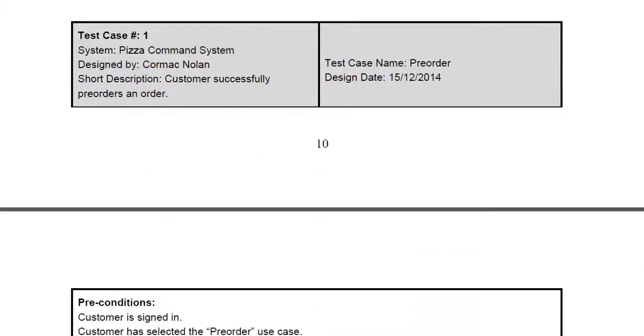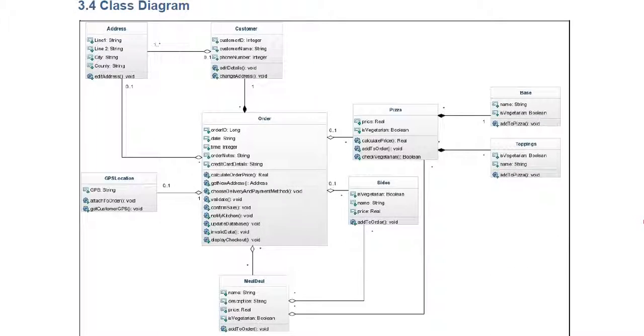So let's go back and have a look at our class diagram first. The class diagram was initially done on first brush, then I did this to get an idea what's going on, then I did the sequence diagram. Sequence diagrams highlighted a lot of necessary functionality, and then a lot of functionality ended up in the order use case. As you can see, the order is a class that has all the functionality of checking out. So it's kind of this super mega class with loads of stuff,